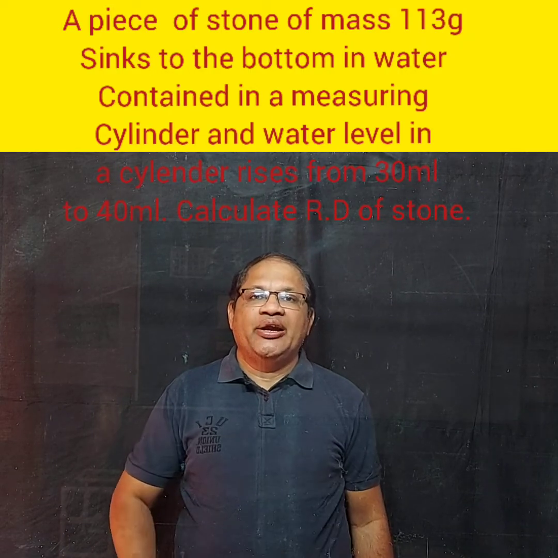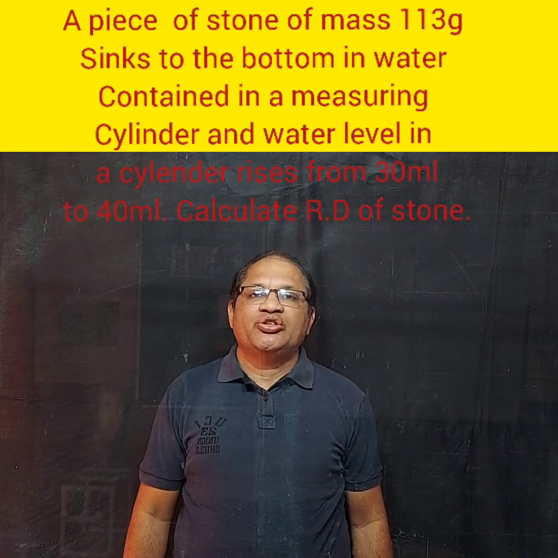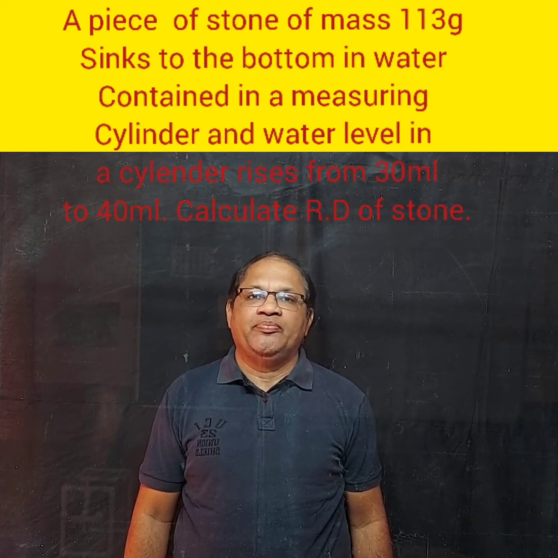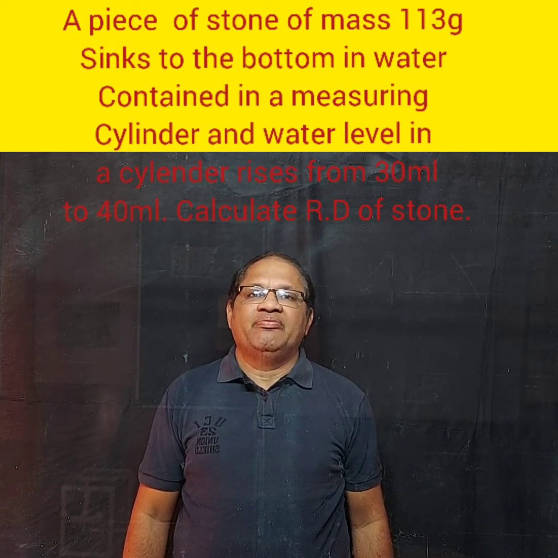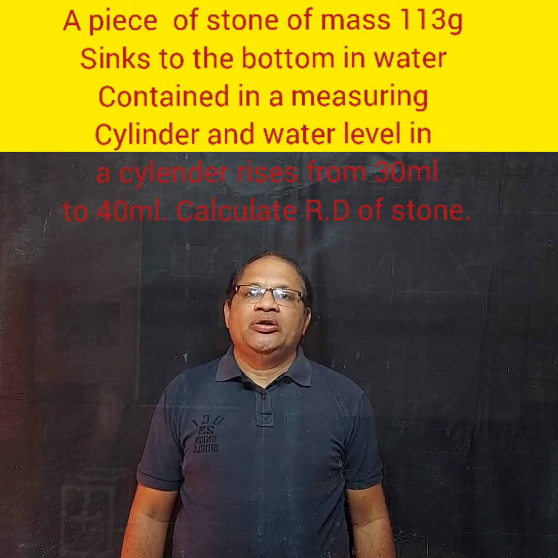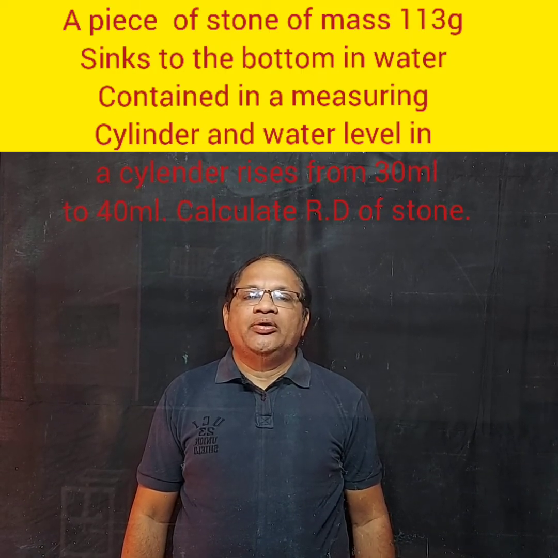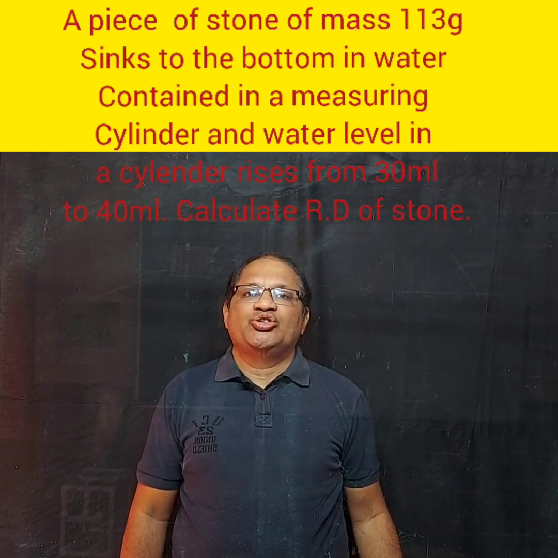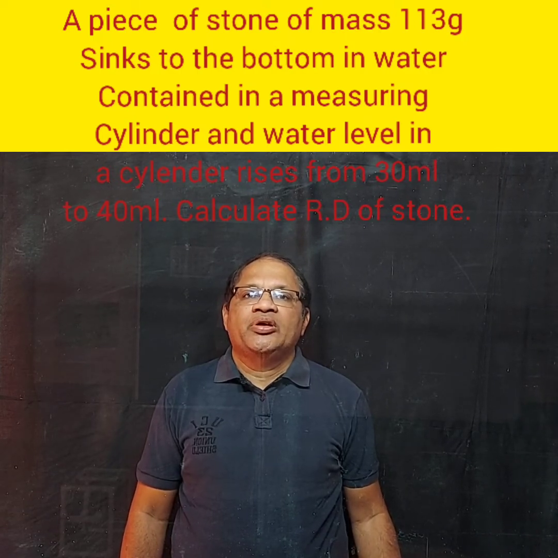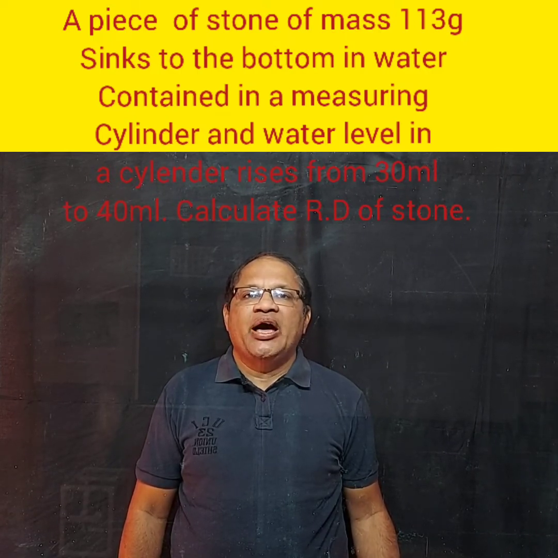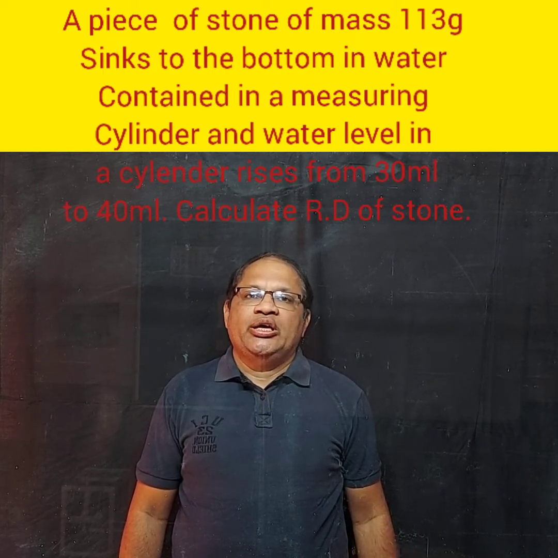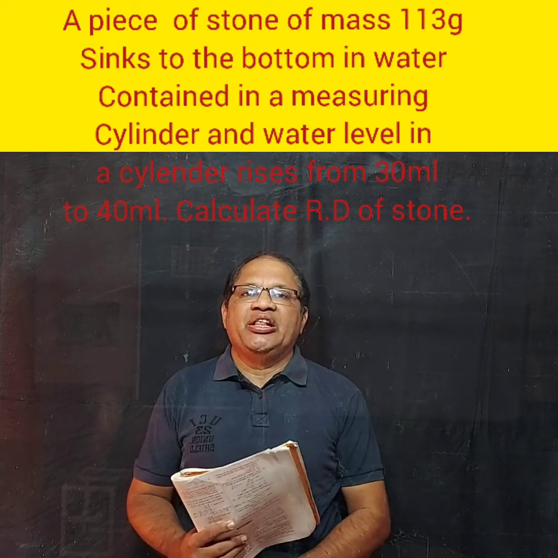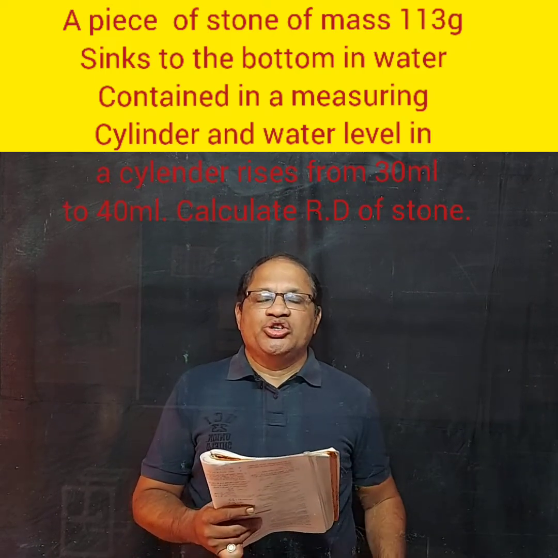So how do you find out the relative density? Weight of the solid in air upon weight of the solid in air minus weight of the solid in water. That is the upthrust. Now over here they have not given the upthrust, they have given the volume. But then the rise in the volume or the volume displaced by a solid when it is immersed in liquid is the upthrust. You all must be aware of this. We did sums on this in part A. Okay, so quickly we'll write down all the details which are given in this question.